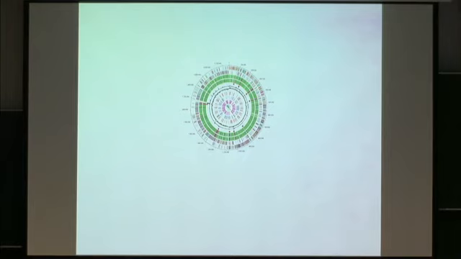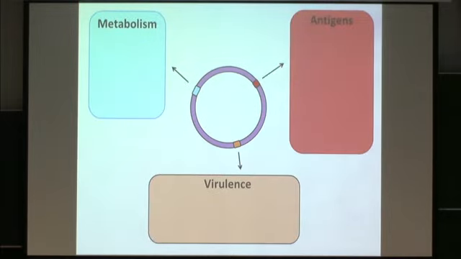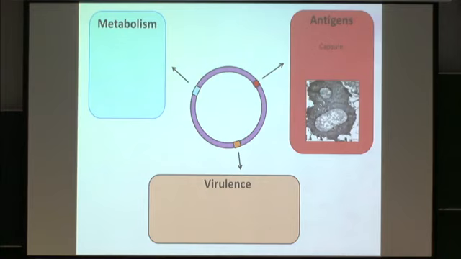It's likely, though, that different areas of the genome are going to be affected differently by these different types of competition. So we build on these previous models by discriminating between the different types of competition acting on different classes of genes. So we can conceptualize strains as aggregates of a number of different traits. So in our multi-locus models, we can have a primary antigen, which in the pneumococcus corresponds to the capsule, like I mentioned earlier. We can have metabolic genes, and